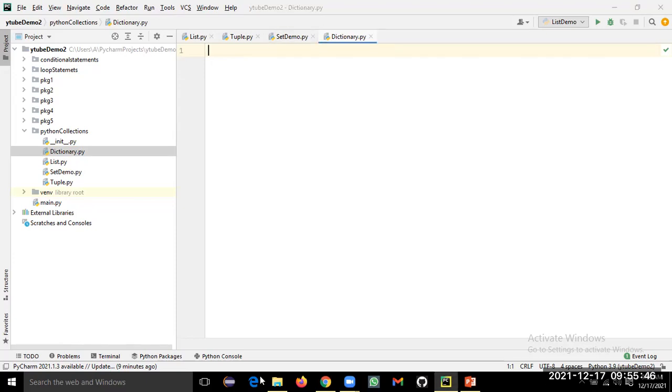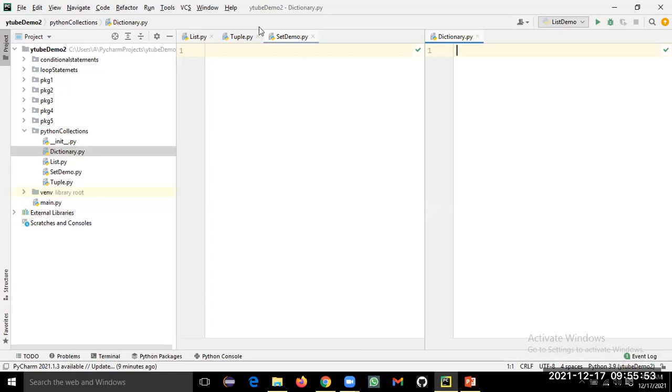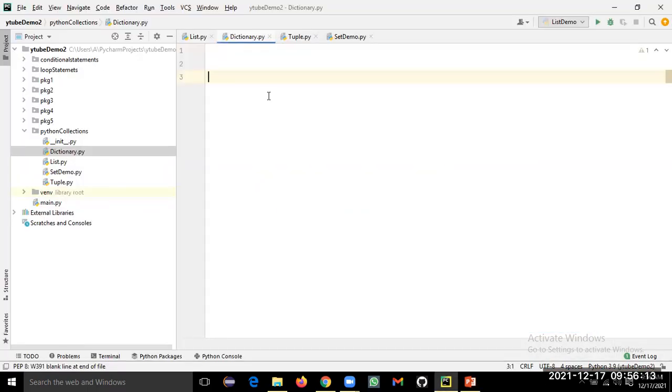Now let me try to arrange them properly. So this is dictionary, this is list. We'll learn one by one, so I'll close it and open it again. So we are in the list now. As per the syntax we learned, it is enclosed with square brackets. I'll create one list of fruits equal to square brackets.